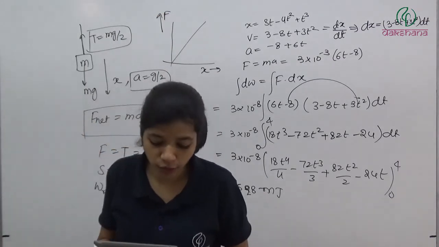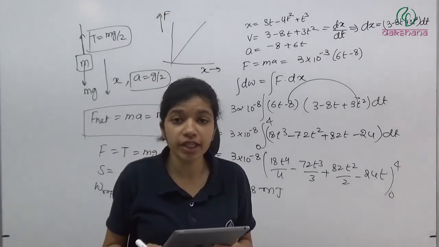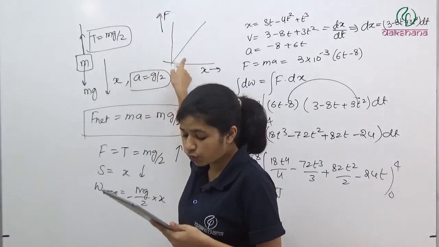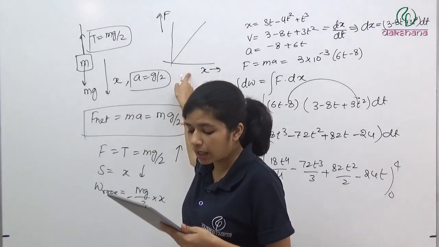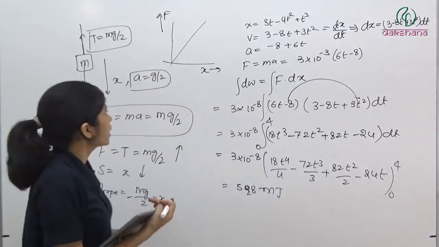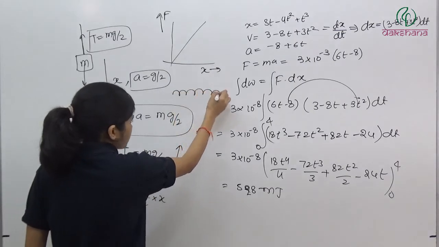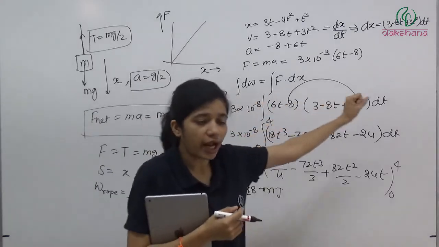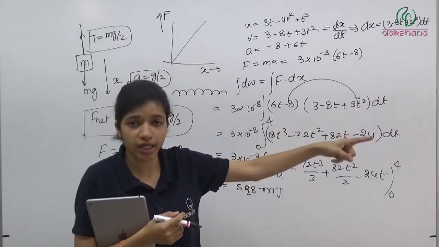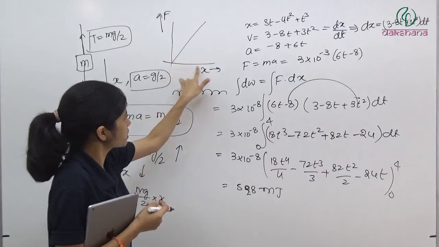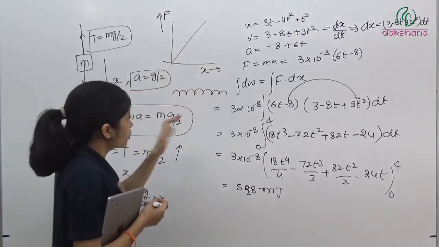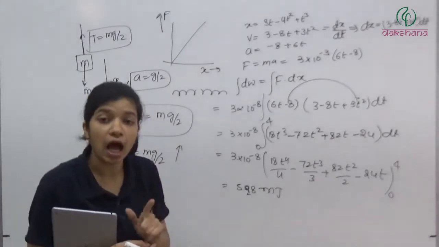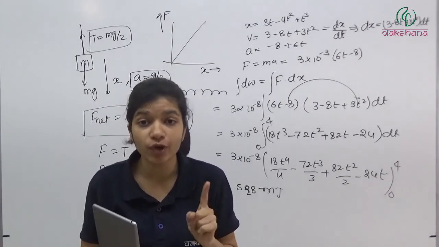If the experiment is performed with the above spring of half the length, then the line OA will shift towards f-axis, shift towards x-axis, remain as it is, or become double in length. So they are asking, previously I had a spring of this much length, and I was experimenting with stretching it, and while stretching, when deformation is increasing, the force required is increasing. But now they are saying that take half of the length and try that experiment. So when you make the length half, what is going to change? What is going to change for that spring?